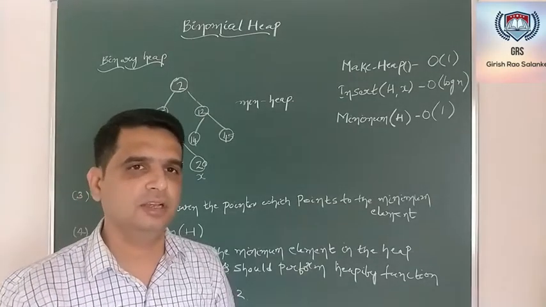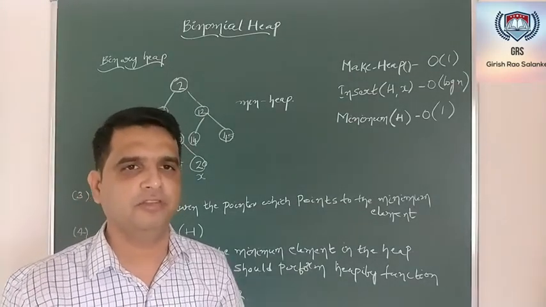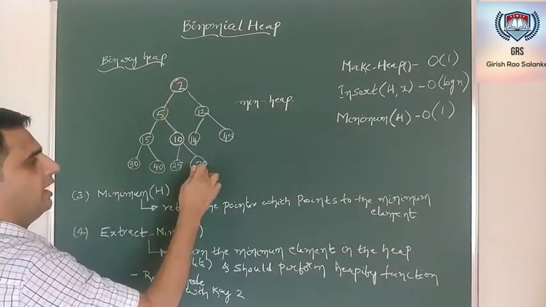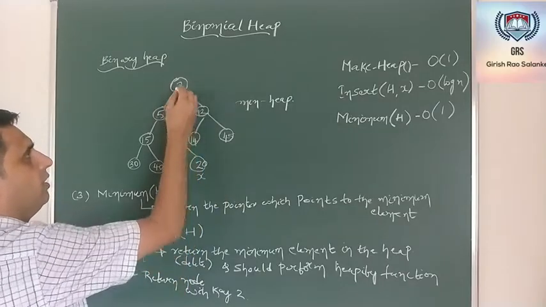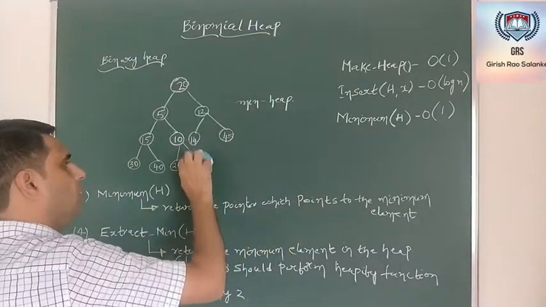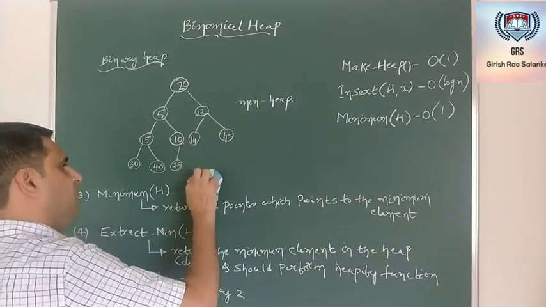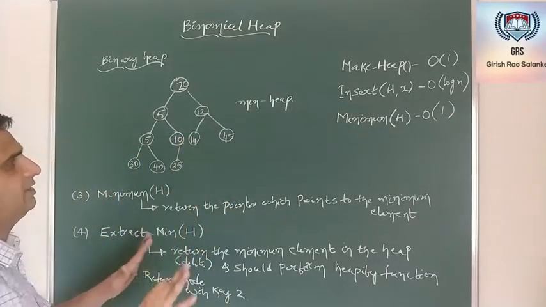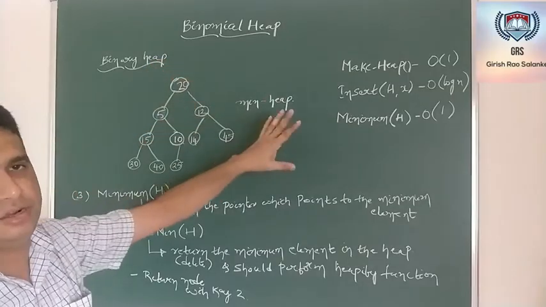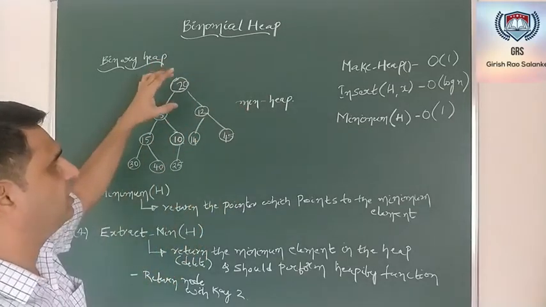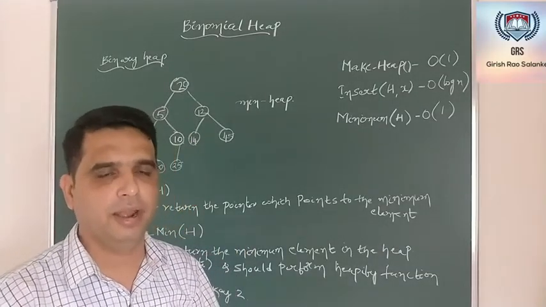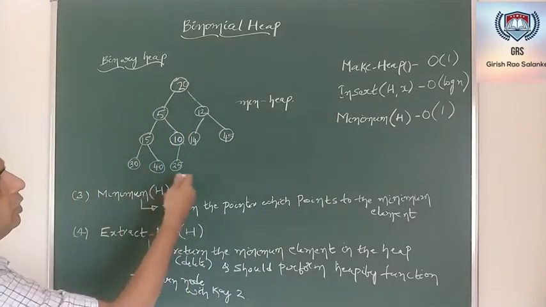Now, the general procedure while performing a deletion operation from a heap is that I exchange the first and the last element. The first element is 2, the last element is 20. So 20 will come here and I will have 2 there. Now I will delete this 2. After exchanging the first and the last element, I delete the last element. Anyway, to get the minimum element in the heap I take constant time. But the problem is it is not just getting the minimum element. Once you get the minimum element, you should modify this into a heap once again.